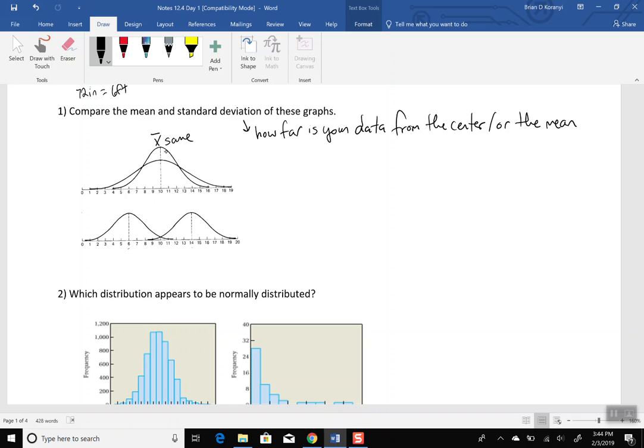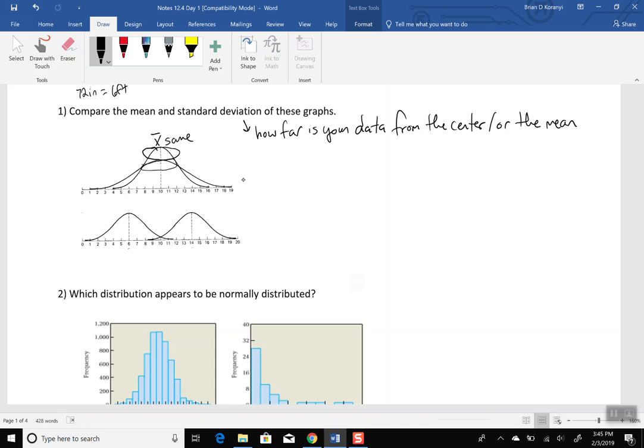So if I look at this one, I can see that most of the data, a big part of the data, most of that graph, falls between 8 and 12. Most of that data is going to be between maybe 8 and 12, or even 7 and 13. That's the vast majority of the data of your graph. Whereas if I look at this one, if I go from that same range of say 8 to 12, I really only have the peak right here. I have to really spread out my data to get as far out as possible, to get all that data.